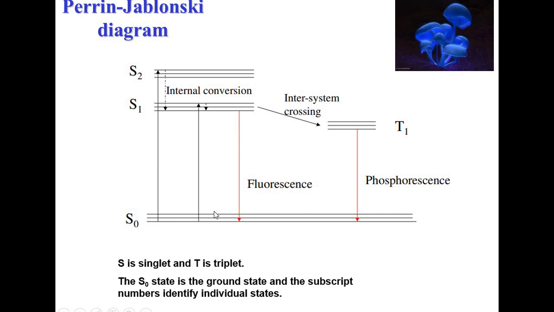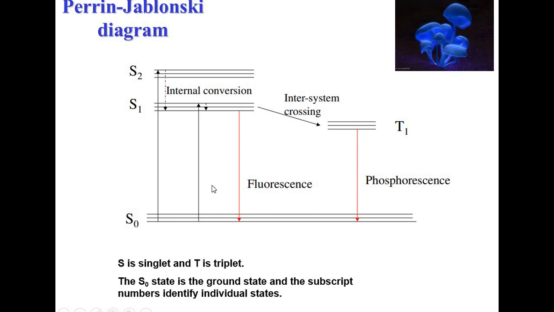According to Jablonski, there are multiple pathways by which the energy absorbed by an electron is released. The energy is released mainly by two pathways, the radiative pathway and the non-radiative pathway. So there are different ways by which the electron releases energy and comes to the singlet ground state.